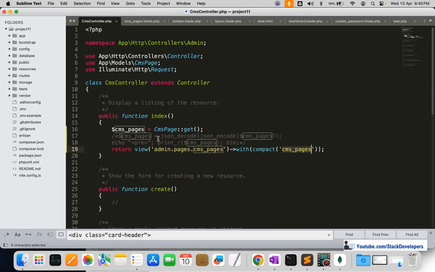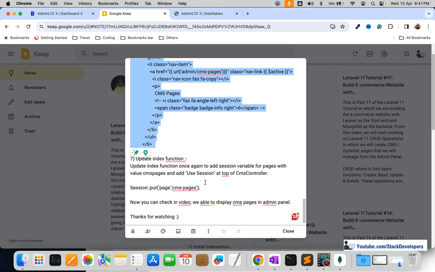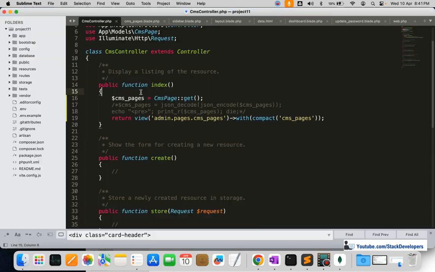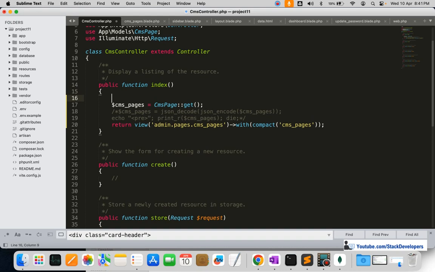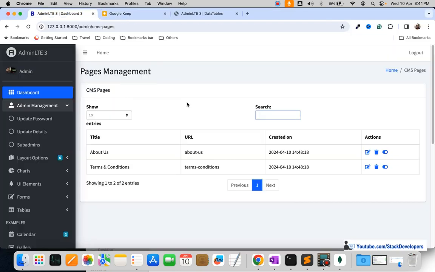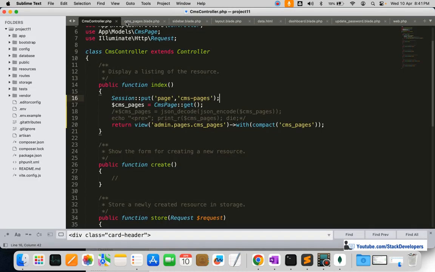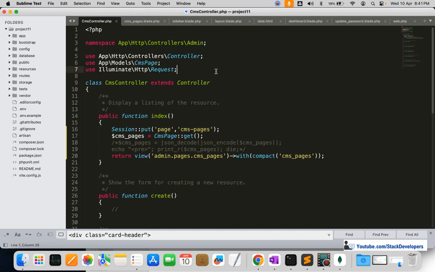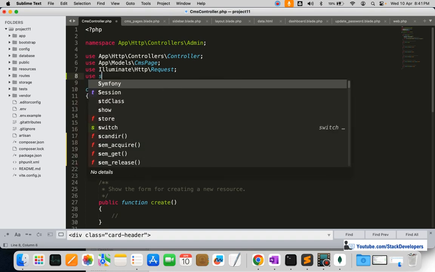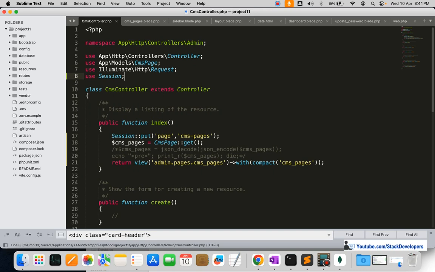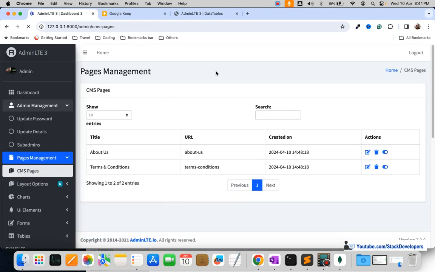Here we need to add the session value. This session value we are going to add right at the beginning, so that we are able to highlight it as well. I'm going to refresh it and we'll see. Once again we need to add the session in the CMS controller. Simply add this session, and now we are going to check it once again. Here you can see that we are able to select the CMS pages and also pages management